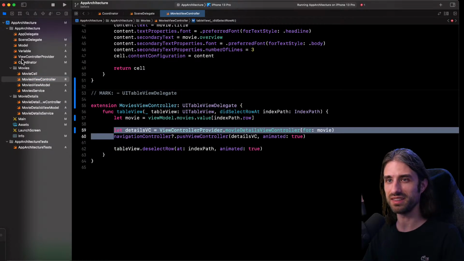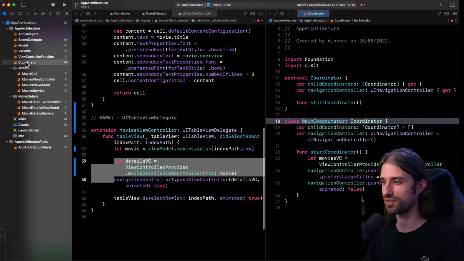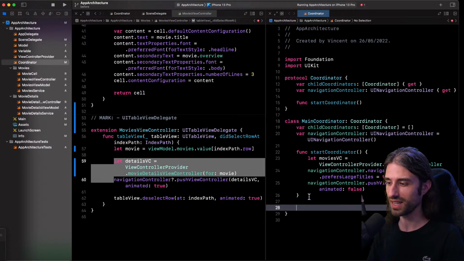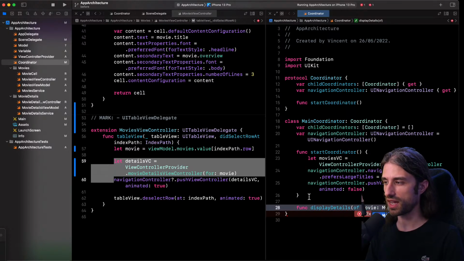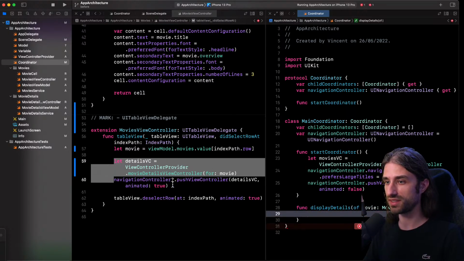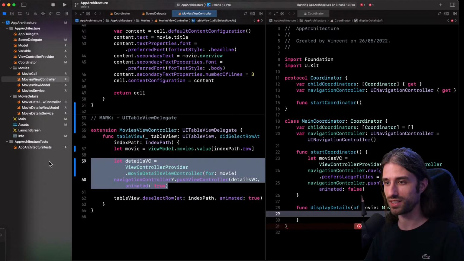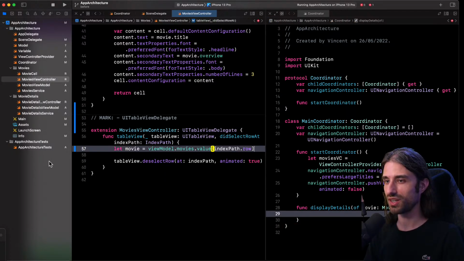So let's display side to side my movies view controller and also my coordinator like this. In my coordinator, I'm going to implement a new method, which will be display details of movie. It will take a movie as an argument, and what it's going to do is implement these two lines right here. So I'm just going to cut them